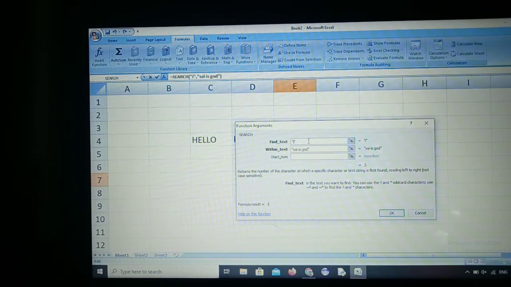So if I put I and question mark, just observe the things clearly. Star means all the characters. Question mark means it will take only one character. So you can practice like this.